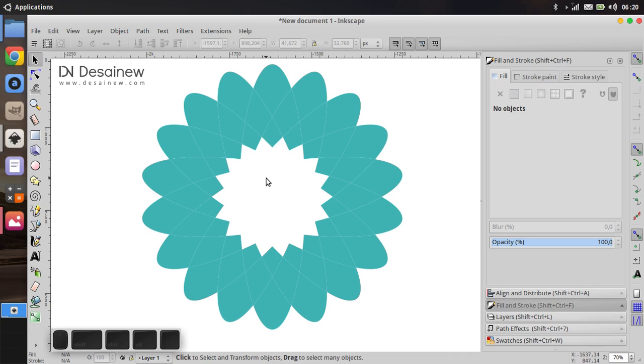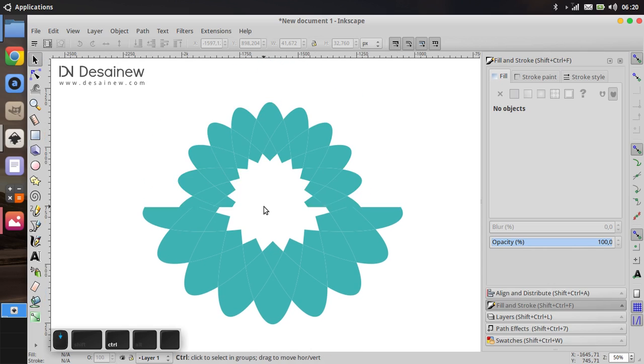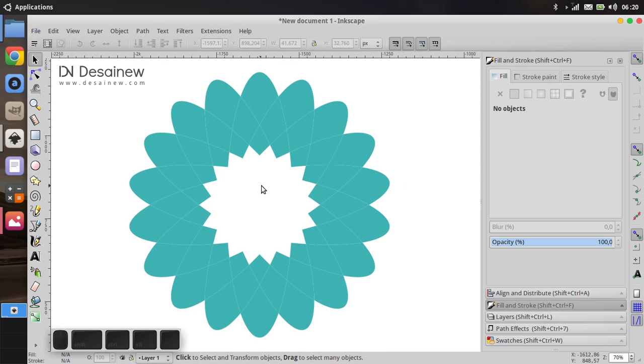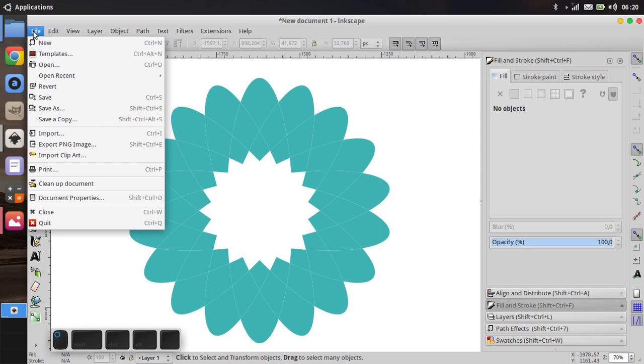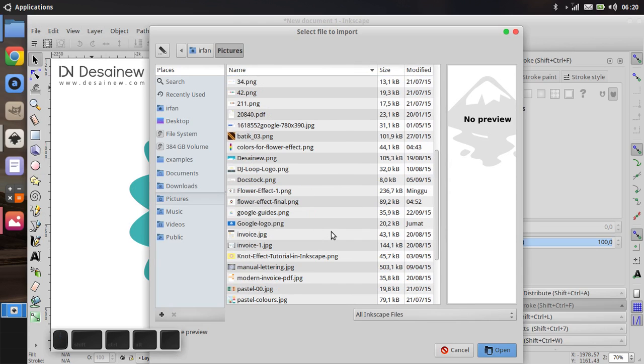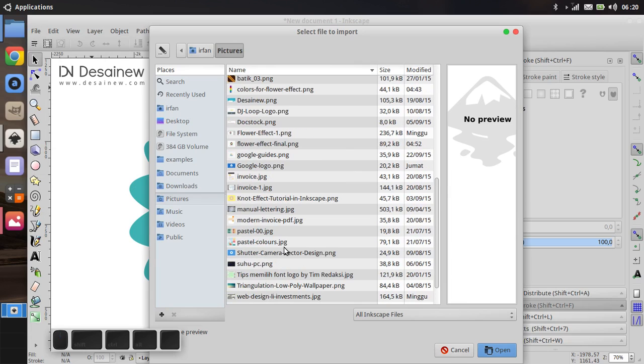For the next step, we will do the coloring. Here I give the same color to 3 objects. Before the coloring, I import a color palette.